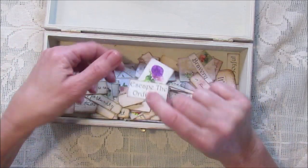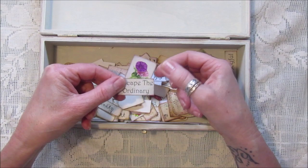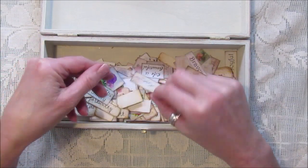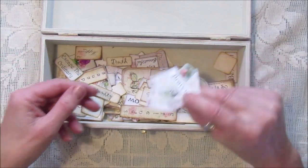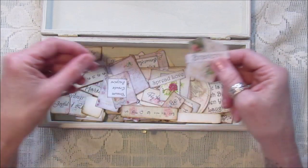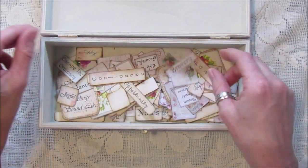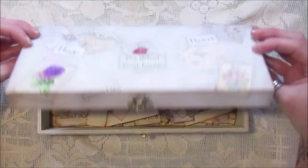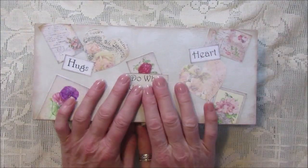I've cut them all out, and they're really quite simple to cut out because they've all got flat edges, so there's nothing too bad about them. I've put them all in here, so now I've got somewhere to keep them all, and I can just go through all of this, and I've got lots and lots of words and embellishments to pop on anything that I've got, so I know where they all are. I thought this box was lovely, and it's really simple. You can do it with any box,